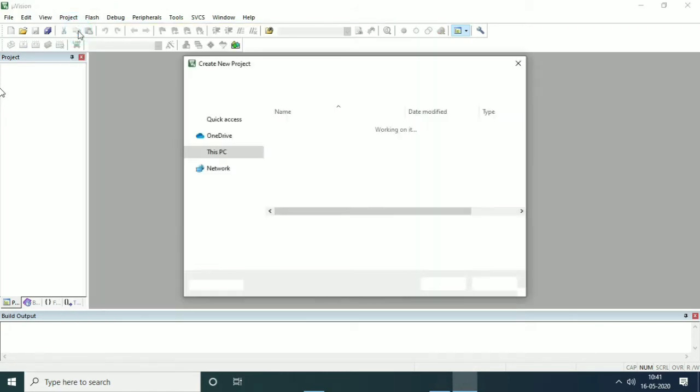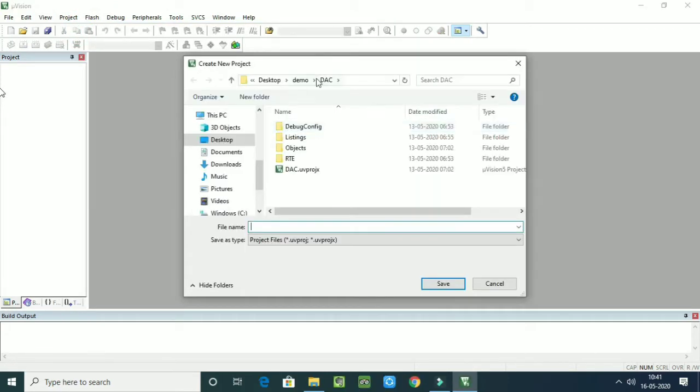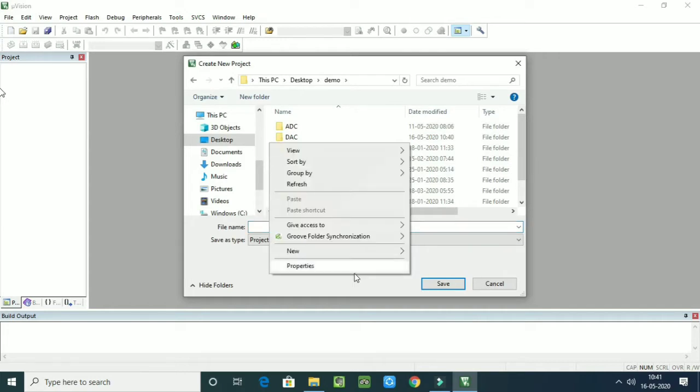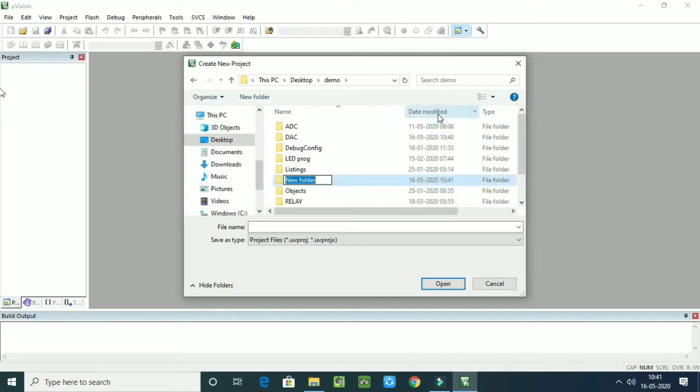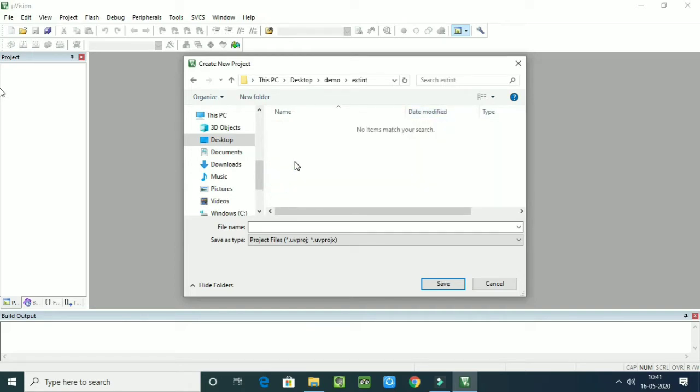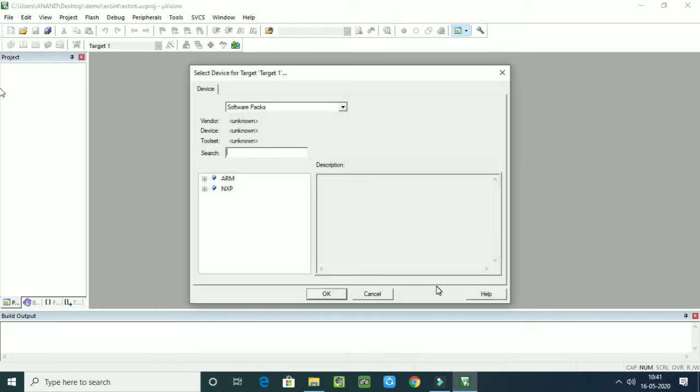So let me create a new folder inside the folder demo, which is available on desktop. So I will create a new folder with the name EXTINT, that is external interrupt. Inside this, I will create a project with the name EXTINT again. Then save. Then we need to select target device.